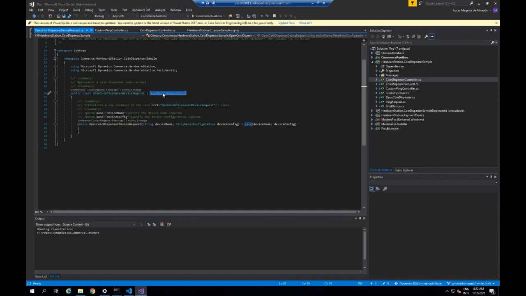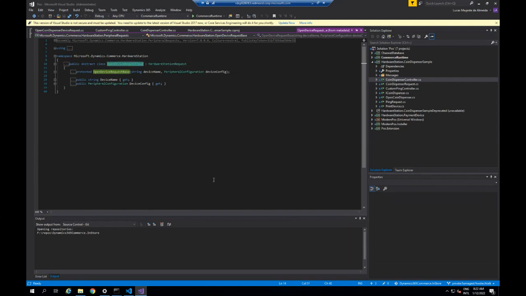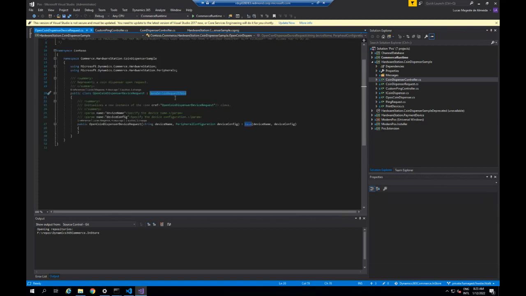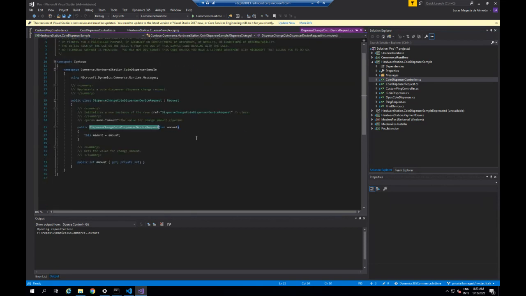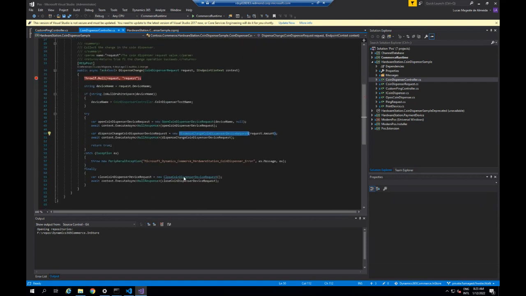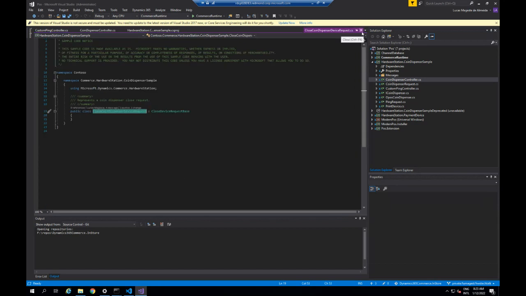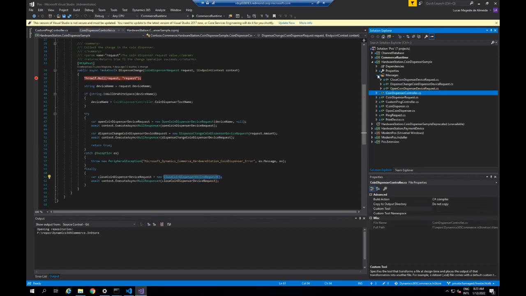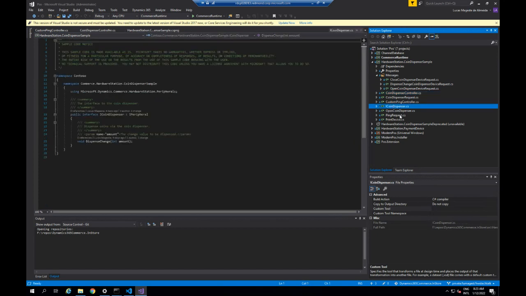They all inherit from this open device request base, which comes from the SDK, but they are custom requests. And I can do the same for the dispense change coin, which in this case inherits from the base request, and the same for the close coin device request. And they are all living in this folder here as custom requests. And besides the interface here, which I don't think it's really necessary to show, the final